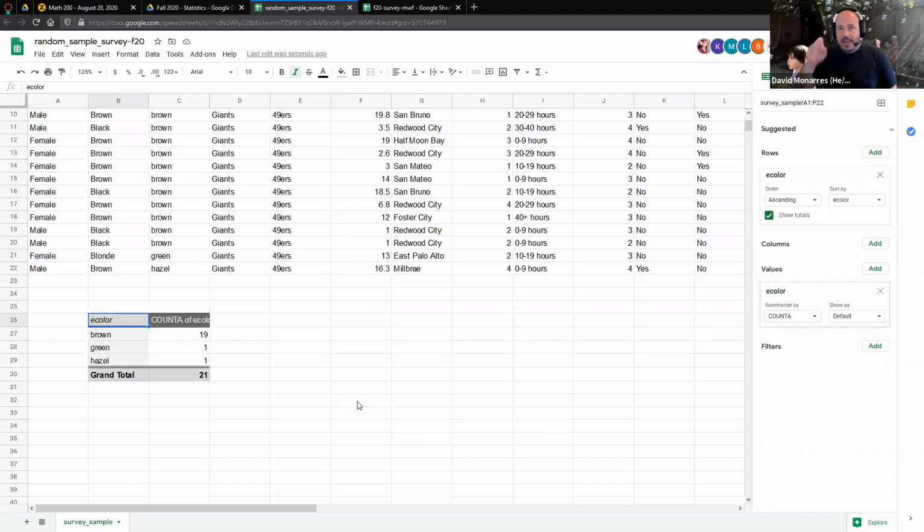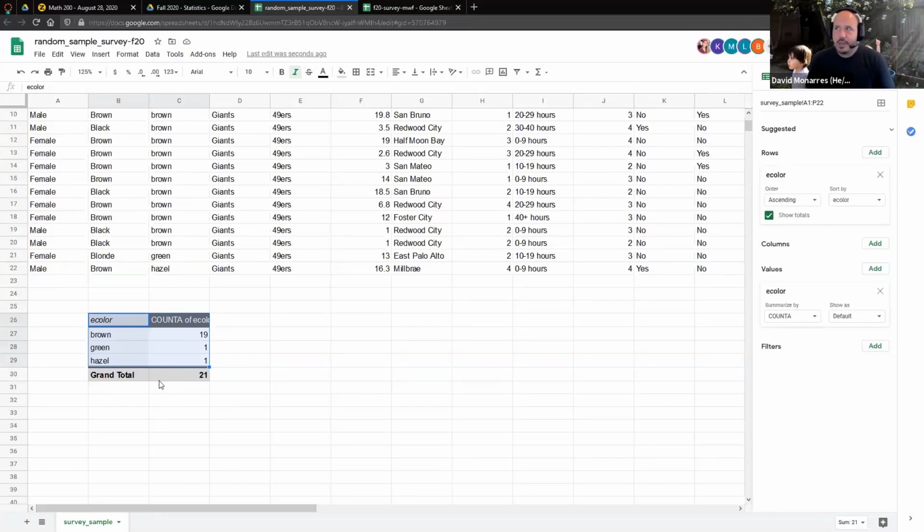So if you guys remember, we have one step that is all about making a table, and then the next step is going to be about producing the graph. Fortunately, this is actually going to be really easy. What you have to do is highlight the table. And I'm going to highlight everything, but not the grand total. And the reason I don't want to do the grand total is because what that will do to my graph